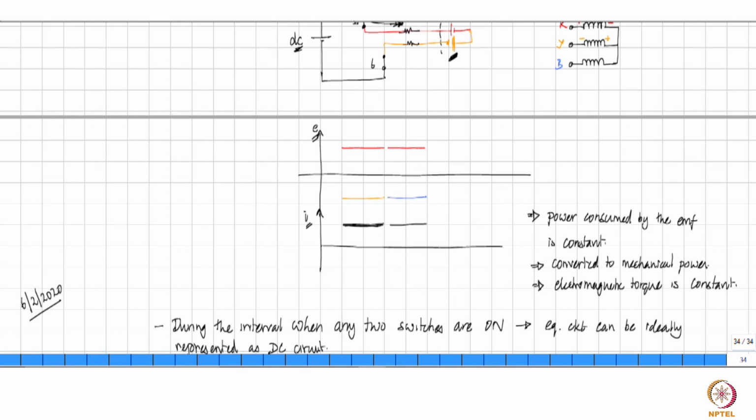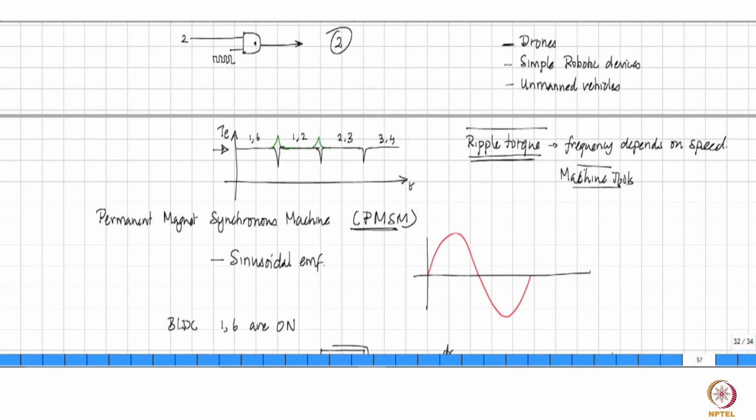What we only said was that when you go from 60 degrees to another 60 degrees, then there is an interruption. Something happens in this region where the EMFs are not going to be the same, because one is falling, another is going to increase and reach that level. So in that small interval, there is a non-ideal behavior which leads to a ripple torque as we had drawn in the graph that is shown there.